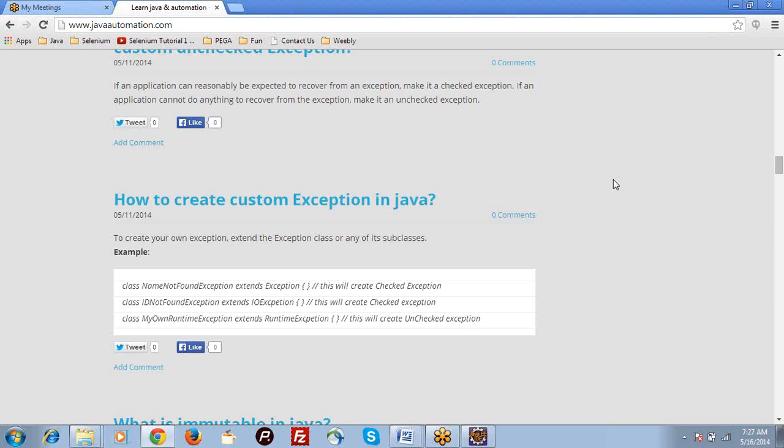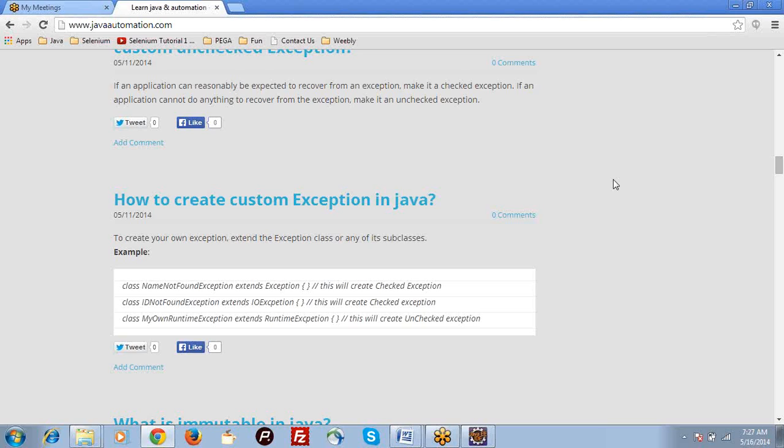So why do we need so many exceptions? If I have only one exception, what will happen? Why did Java provide us FileNotFoundException, IOException, ArrayIndexOutOfBoundsException, ArithmeticException, RuntimeException? So many exceptions have been created, right? We could handle everything with only one exception. But why do we need so many? To give the end user